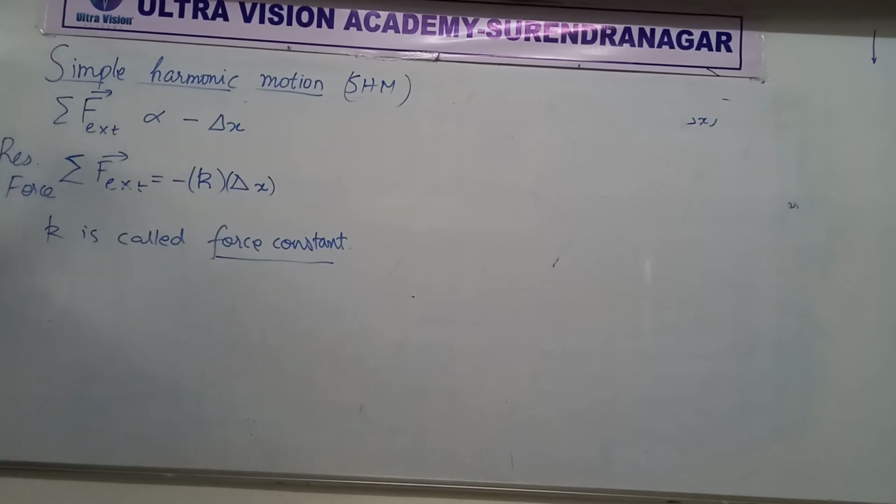I said that if we remove the proportionality sign, we get a constant here. So K is that constant, by removing the proportionality. But that K is not spring constant, remember. It's force constant. And in some easy situations when there is some spring, it will be equal to spring constant, but not generally. So don't call it spring constant. Call it force constant. So that's what we get as the equation of restoring force.